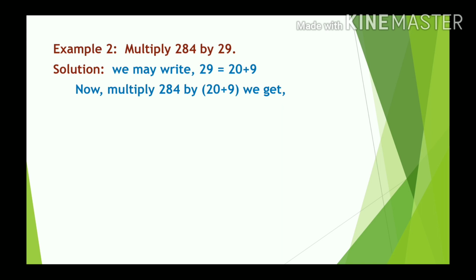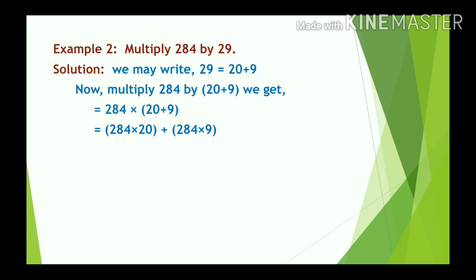So we get 284 into 20 plus 9. So again we will do distributive property. So first we have to multiply 284 into 20 and then multiply 284 into 9,